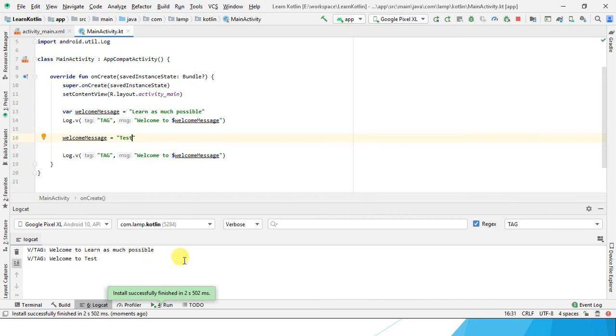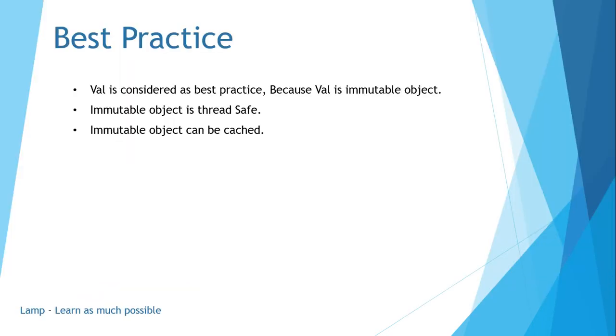The main thing is, if the value is going to change dynamically in our application, we have to use var. If we are going to use only a static value, we have to use val. This is the main difference. Apart from that, we will see some more points in the upcoming slides. Val is considered the best practice because it's an immutable object.